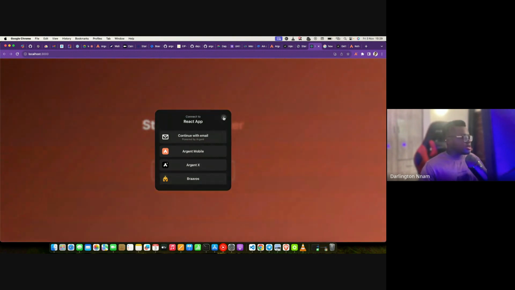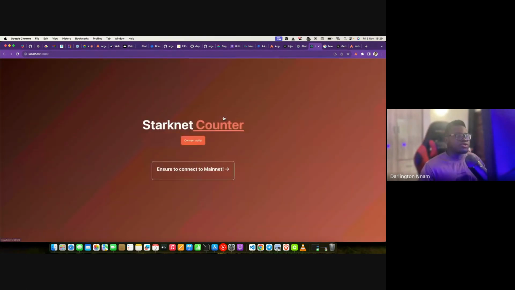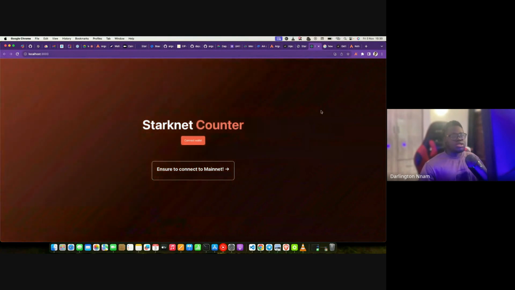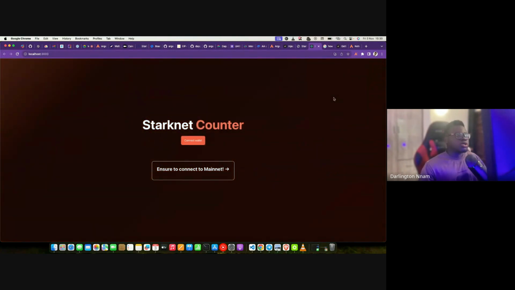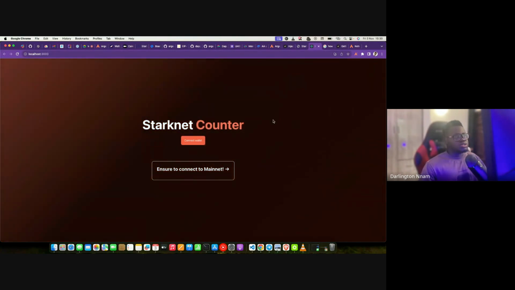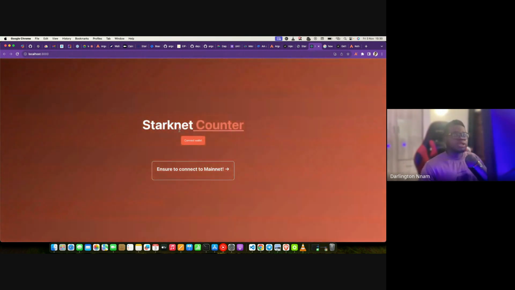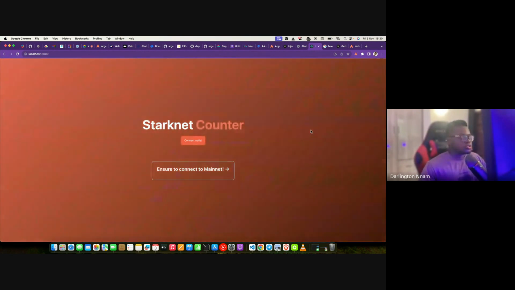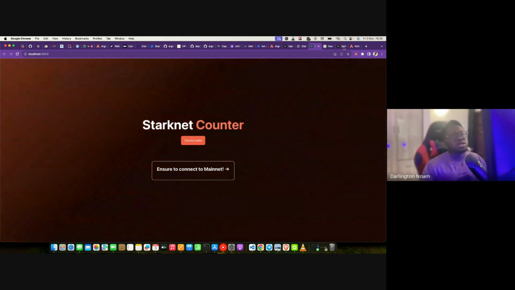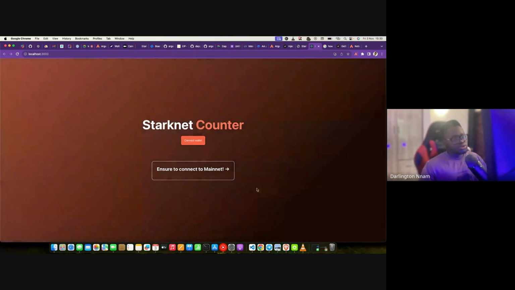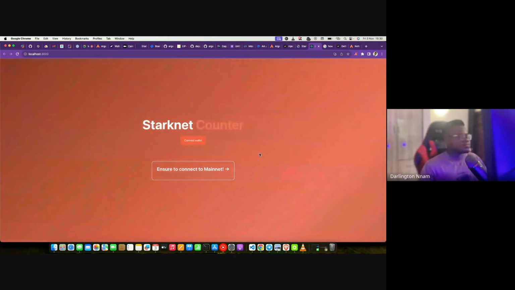the Braavos extension, and every other, I think I once encountered this question, right. Every other injected wallet extension, so every other wallet that exists as an extension on Chrome, is also automatically detected and can be added to the wallet options. To do that, we'll need to understand the concept of connectors, and while we touch on the concept of connectors, I'll show how we could easily have access to